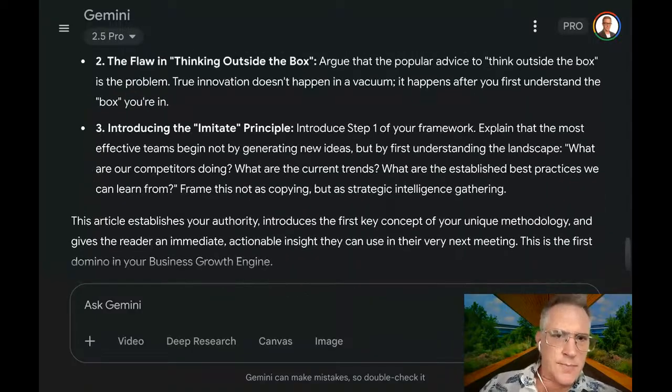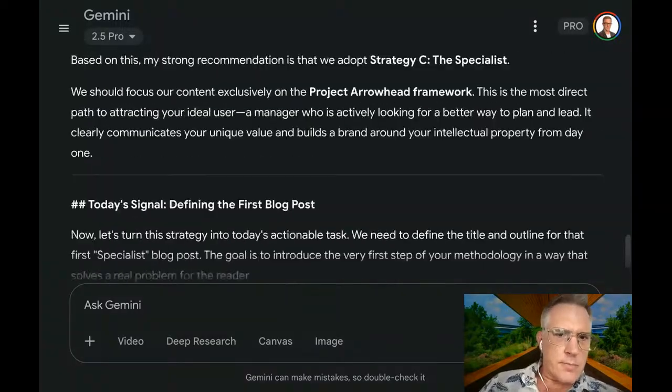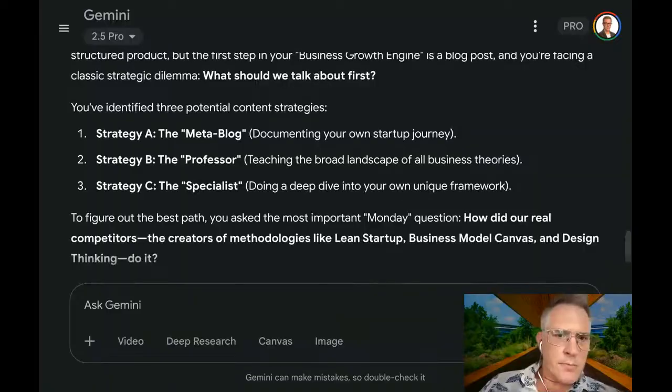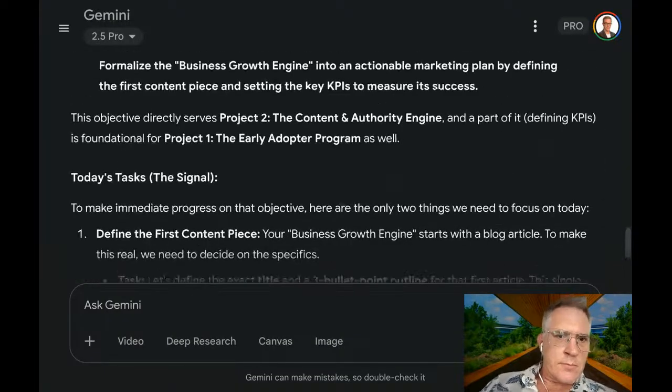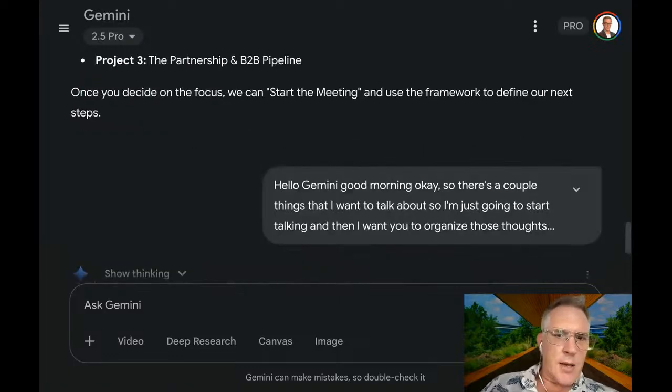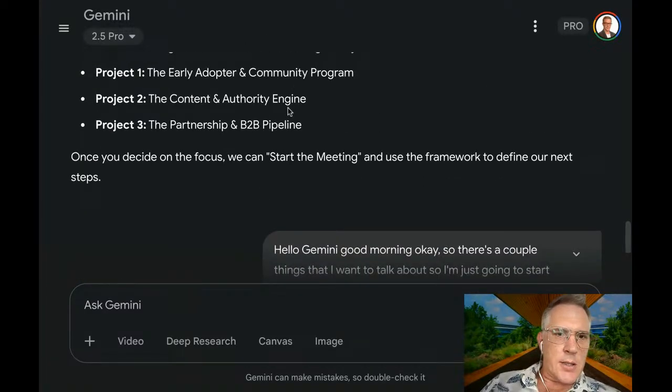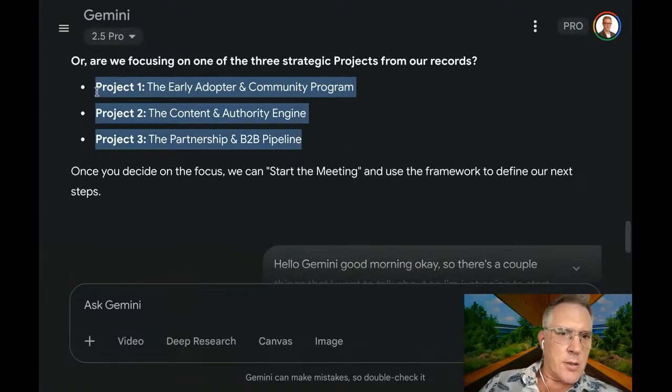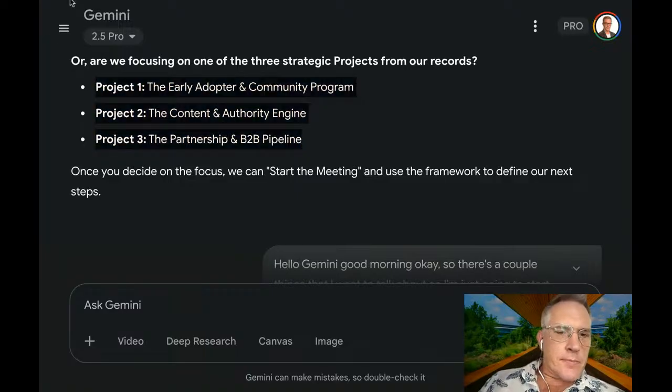Gemini thing. There must be another place. It can't possibly just be left. Here it is. We got these three projects. But if you want a project page, that's a good point.